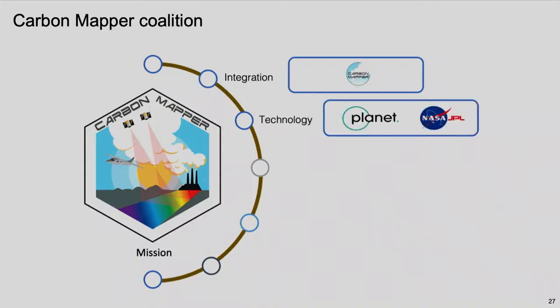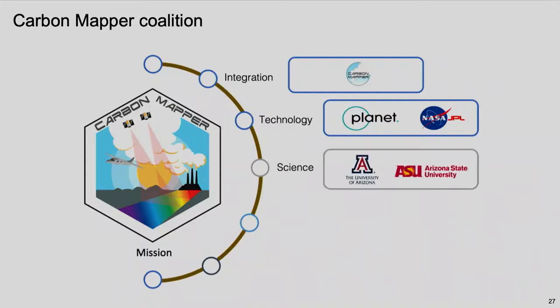If we go to the technology side of things, that's where I'm most involved. The Jet Propulsion Laboratory imaging spectrometers are the core to that technology. JPL built one of the two instruments and worked very closely with Planet, who built the second instrument. Planet is launching those instruments into space after integrating them into their satellite buses, and will be doing the operations on a daily basis. For the science, this is being led by Arizona State University and the University of Arizona, in addition to additional